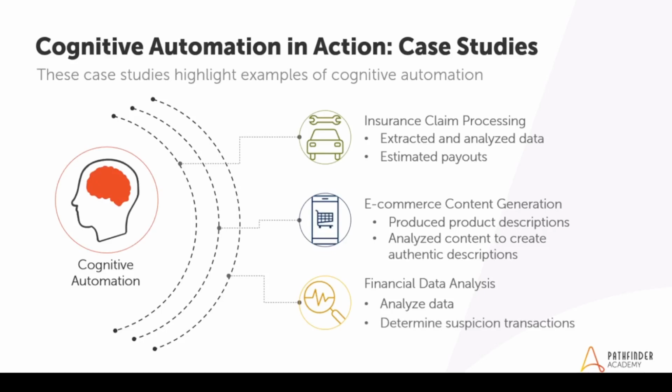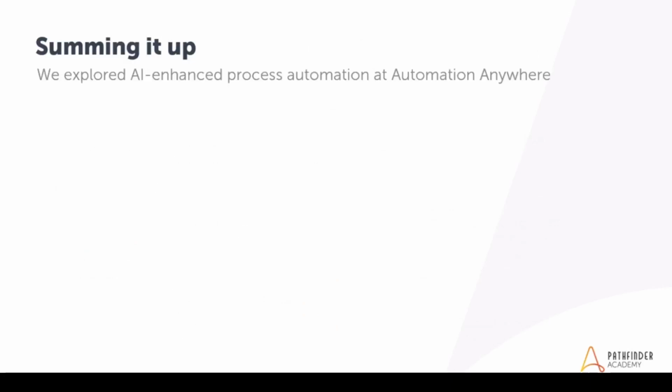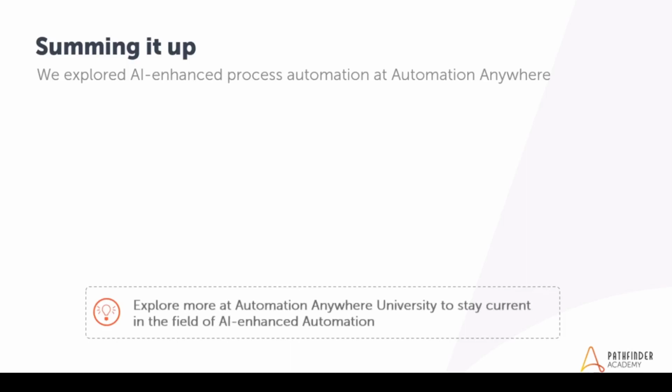Now, if we take a look at some examples where cognitive automation is used in action. One case study is an insurance claim process. In this case, an insurance company implemented Automation Anywhere's cognitive automation solution, document automation, to process insurance claims. The system extracted data from various documents, determined the validity of the claim, and calculated the payout. The outcome was a 40% reduction in processing time and a 20% increase in accuracy, while significantly decreasing the operational